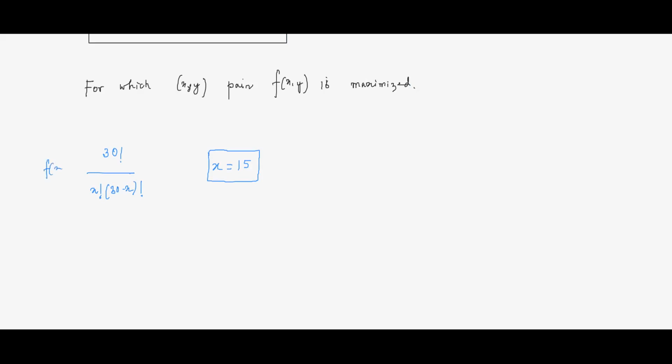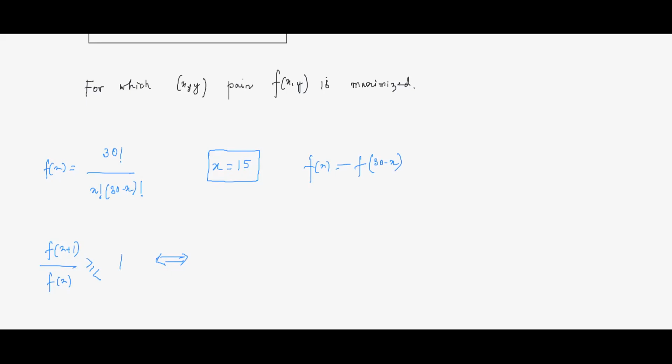We assumed this was f of x, and we looked at f of x plus 1 by f of x, greater than or equal to 1, less than or equal to 1. It's a discrete version of the derivative, because we're trying to understand at what point it's increasing. Because f of x is equal to f of 30 minus x, it's symmetric. So we're trying to understand till which point it's increasing and then it's decreasing. So therefore we did this and we found out that